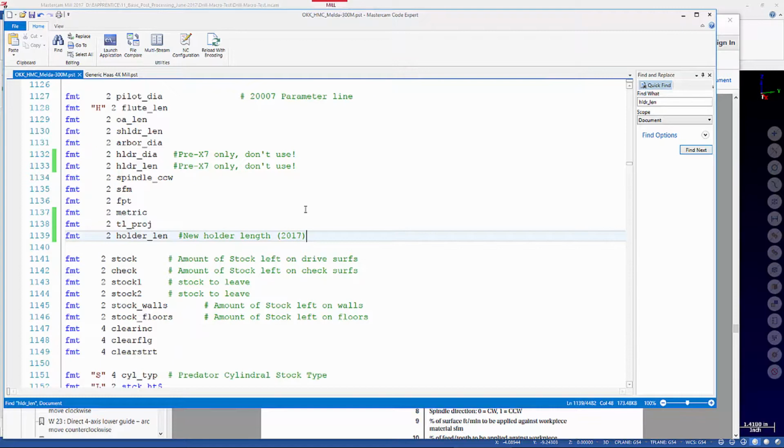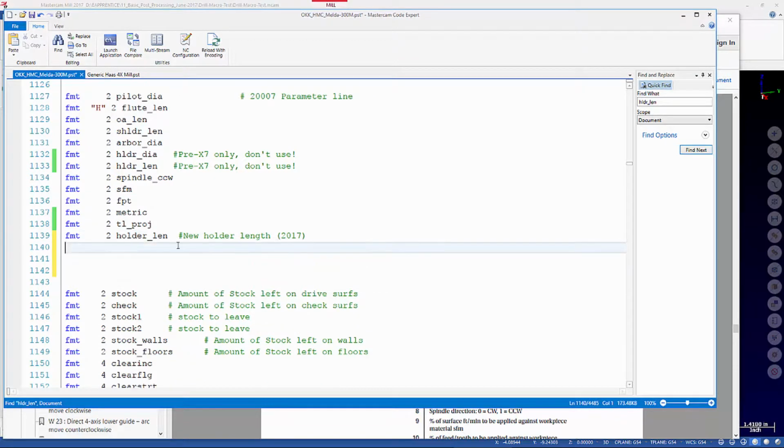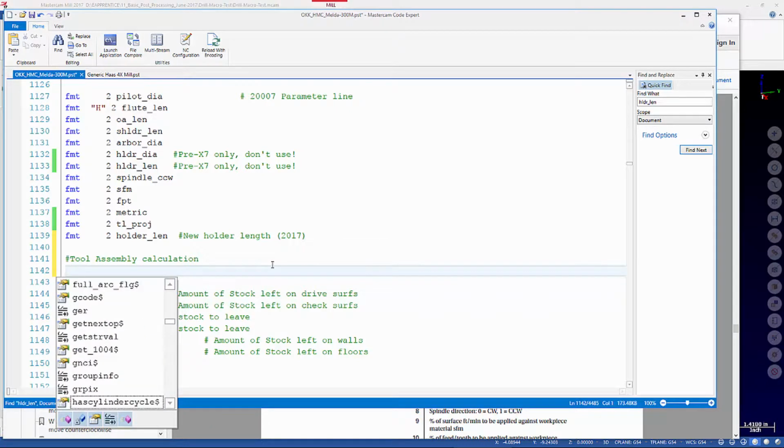Now, we also have one of those situations where we may want to add another variable that would be the total tool assembly length. I would not just add it to the bottom here. I would create a little separation, put a little comment. Now, this is a case where we could get away with a global formula if we wanted to. And we'll call this like